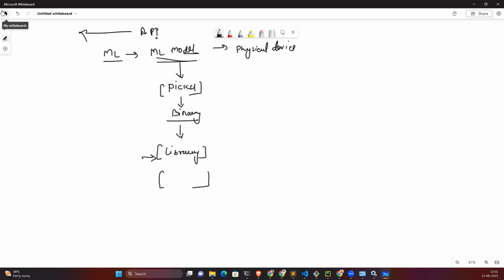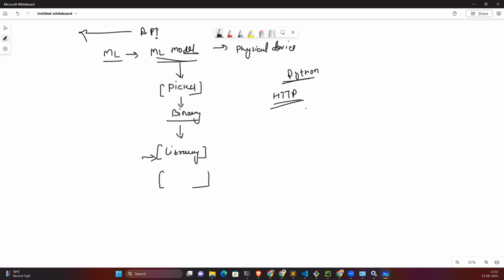We are going to build an API with the help of some kind of library. In Python, you can't build an API just by writing a function. For building the API, we have to follow some kind of protocol. And what is that protocol called? That protocol is called the HTTP protocol.